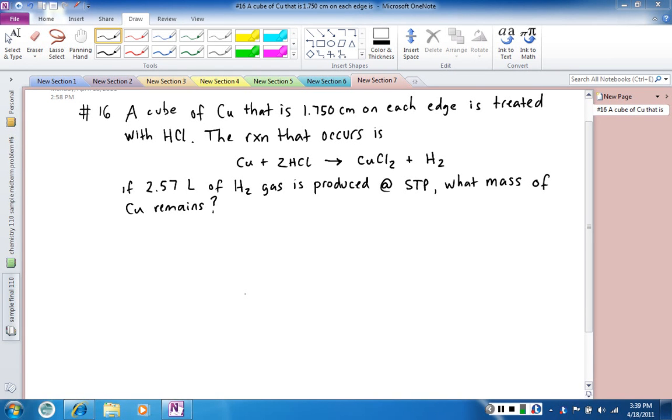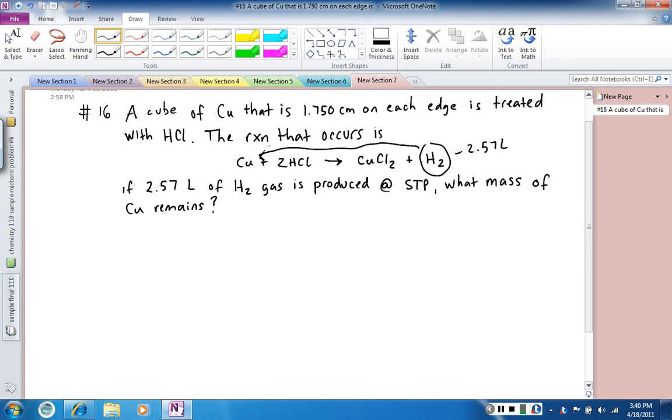The first thing you need to notice in this problem is STP. That means standard temperature and pressure. That should clue you in that you can use the conversion factor of 22.4 liters of a gas at STP will equal 1 mole. So we're going to work backwards from 2.5 liters of our gas. So we make 2.57 liters of H2. We need to work back and figure out how much copper